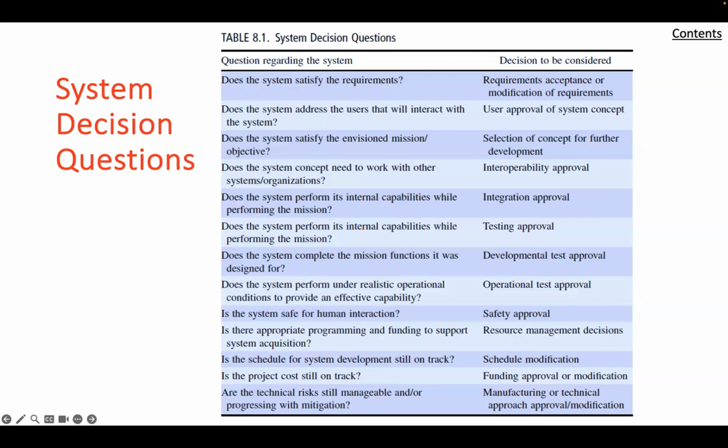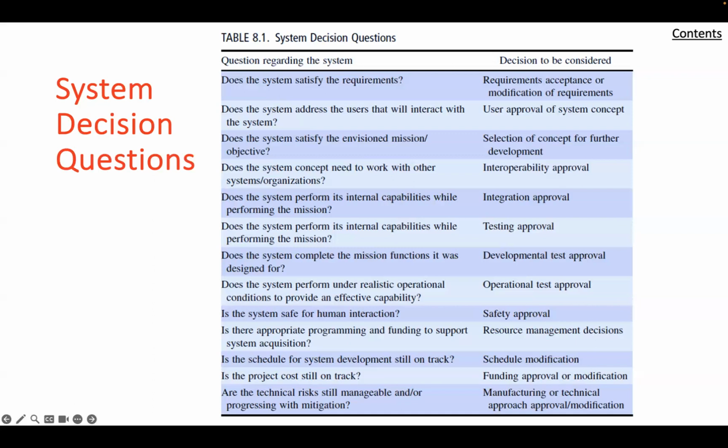The milestone B decides whether to invest in product development, integration, and manufacturing. Milestone C decides to produce production representative units for operational testing. So you can refer to the DoD's Defense Acquisition Guide chapters on system engineering, from the Defense Acquisition University for